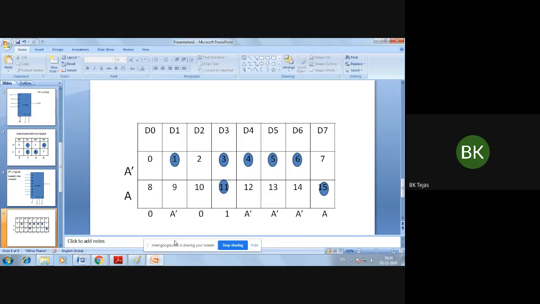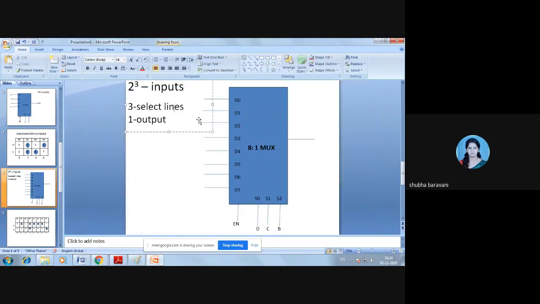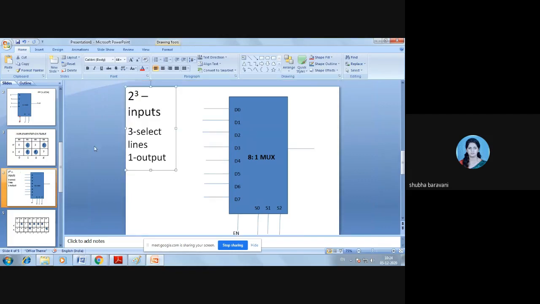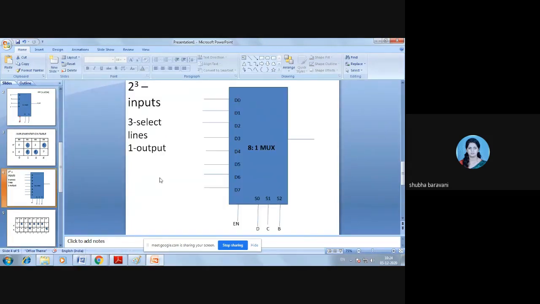This is my implementation table. Now I'll go back to the circuit and connect it according to my implementation table.